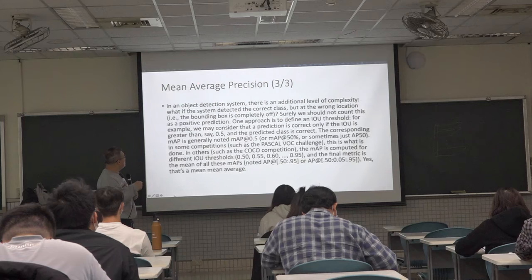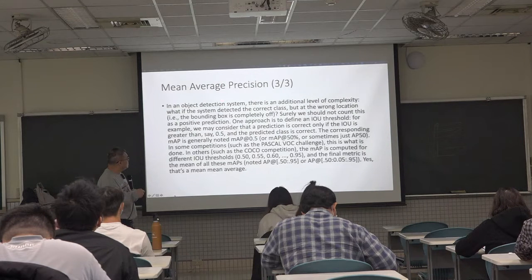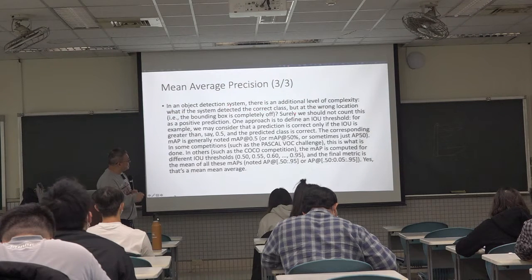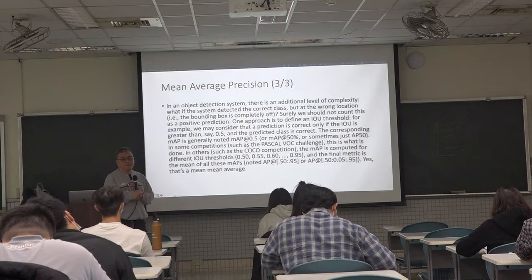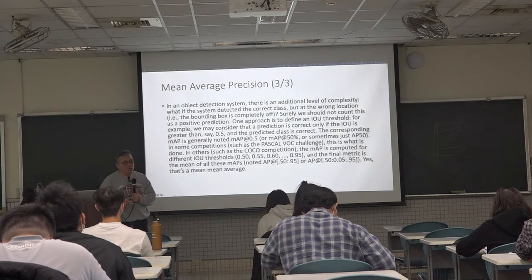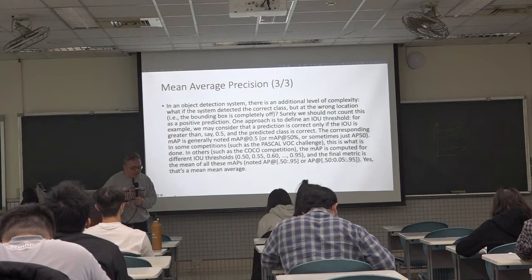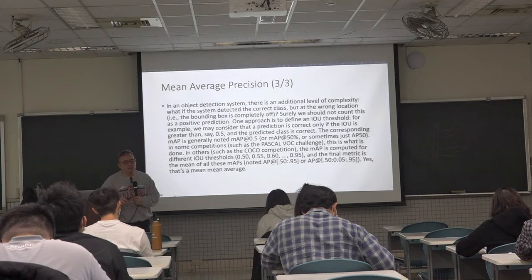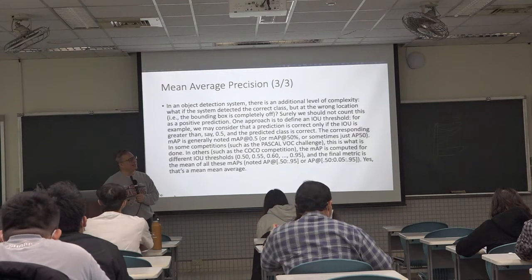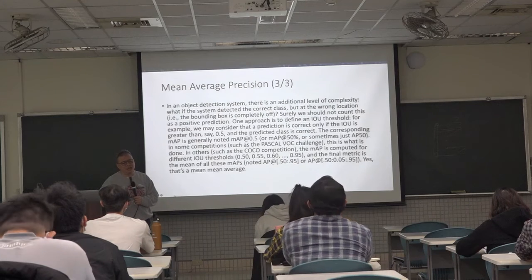In an object detection system, there's an additional level of complexity, because the system not only detects the class, but also has to detect the location, the bounding box. So if the object is classified correctly, but the bounding box is completely off,